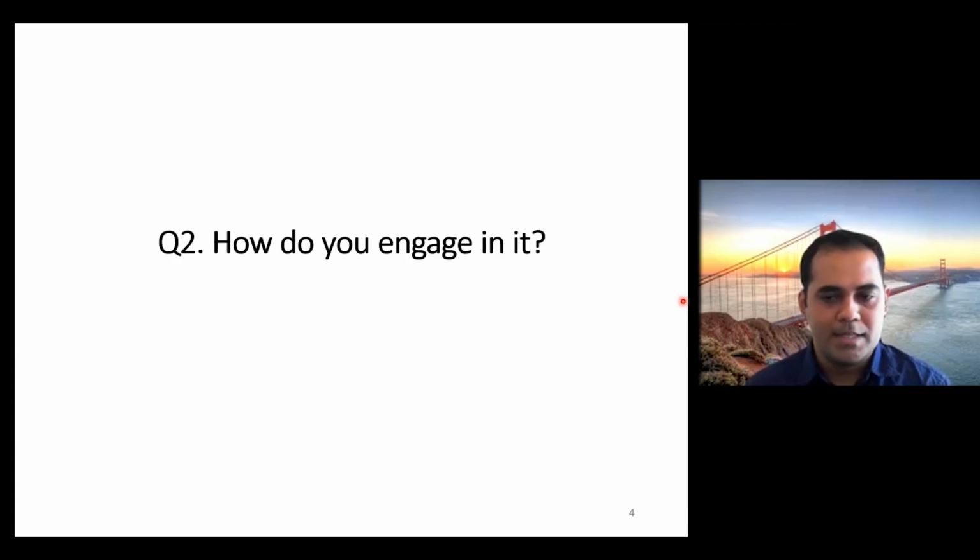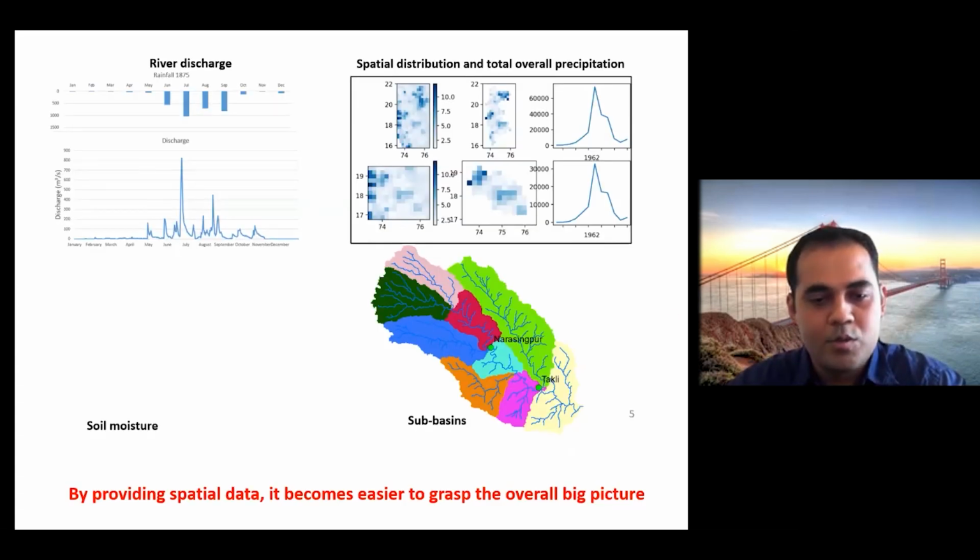How do you engage in it? Historical researchers usually use evidence from primary sources such as the artifacts, documents, diaries, recordings, etc., and secondary sources such as documents which are related or discussing information originally presented by someone else, and oral histories to answer the research questions. It also includes some statistical analysis and discussions. However, often it lacks any spatial analysis, so it can become a bit harder to grasp the overall picture. So, for example,